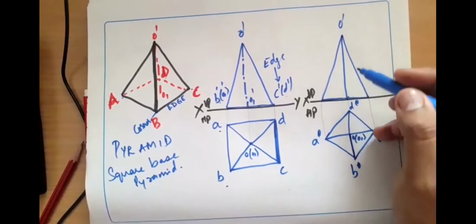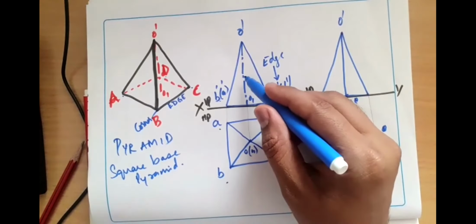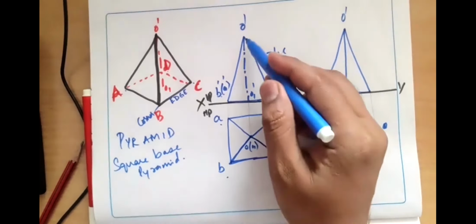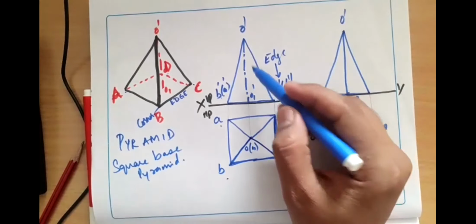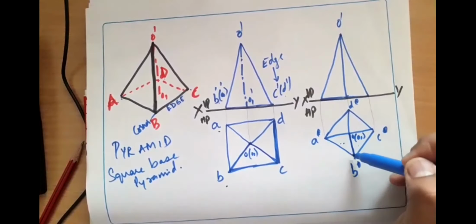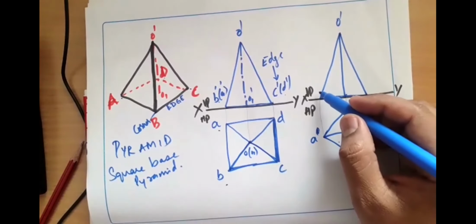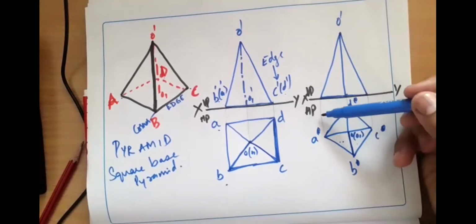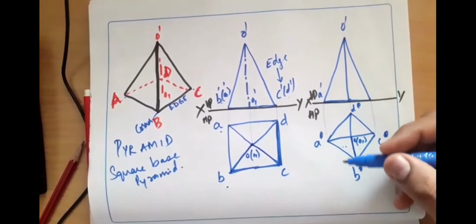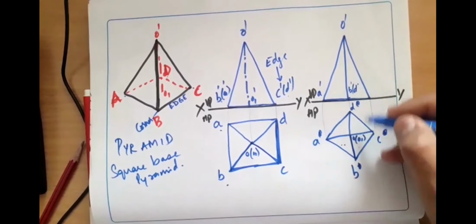So when you see this object in this corner condition, two triangular faces are seen. Here only one triangular face is seen, which is nothing but OCD. Only this triangular face is seen in the front view. But here, two triangular faces, OAB and OBC, are seen in the front view. So how to name this here? Left-hand side of the front view? A dash of D dash. Only A dash, this is a corner, A. Next is B. B dash of D dash.